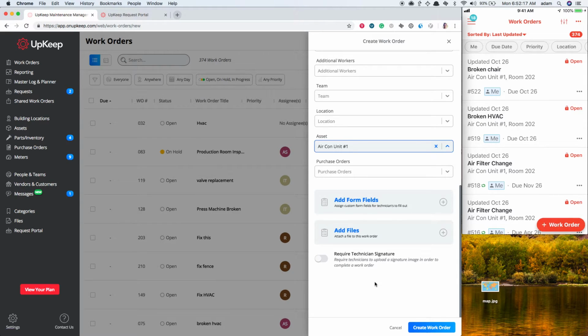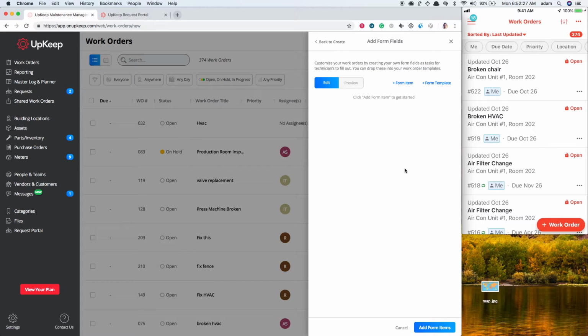But let's say we have specific items, specific pieces of data that we need to collect or take care of every time we do this air filter change. We can add in what we call our form fields. Now we have two options here. We have form templates and we have form items. Now, our form templates are just a preset group of form items,